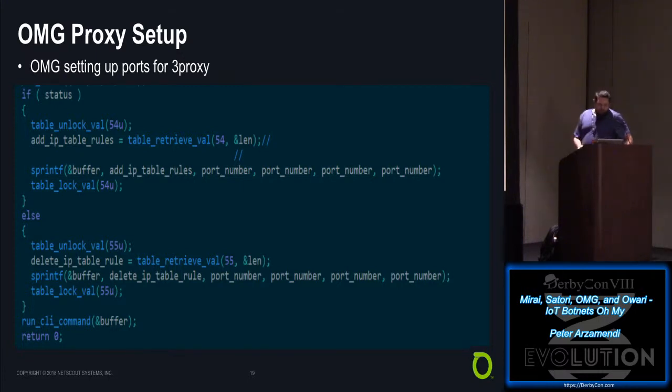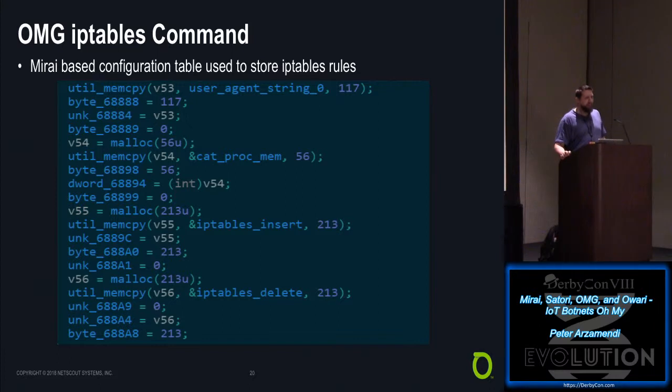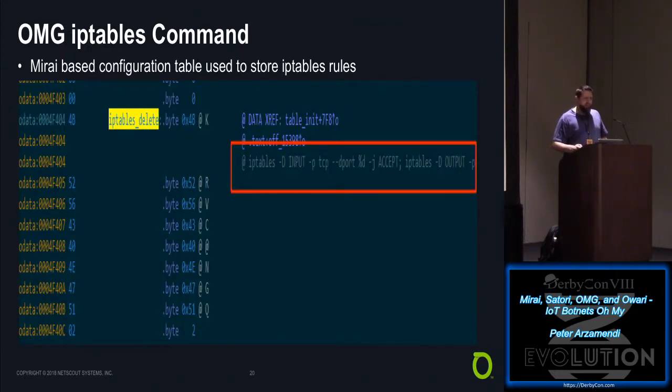And how it does that is it stores the IP tables command in that similar table configuration file, similar to Mirai, and it pulls that value out and then substitutes it in the string and then calls the command to either enable or disable it based on what the C2 has said. And if we go look at that configuration table, we see the same type of table settings where we have our values here, which are, again, obfuscated, and it uses that table to reference where that information is and pull it out. And we can see the actual IP table command right here, where this one specifically talks about dropping the table.